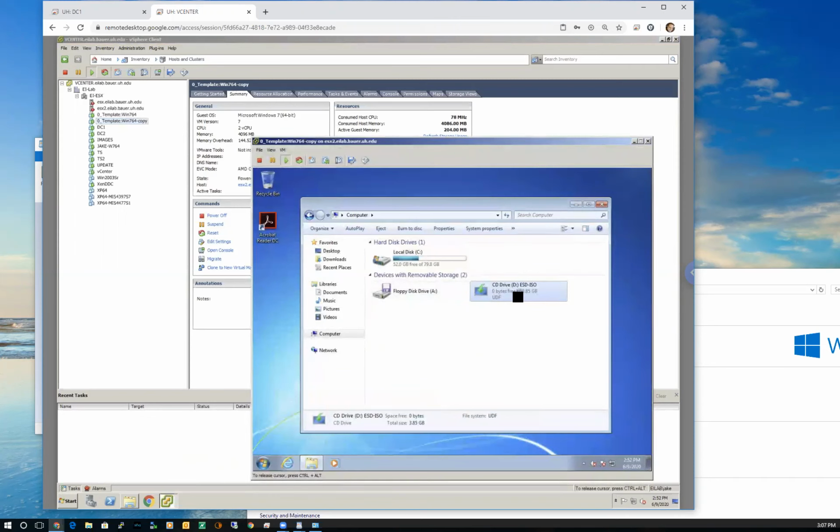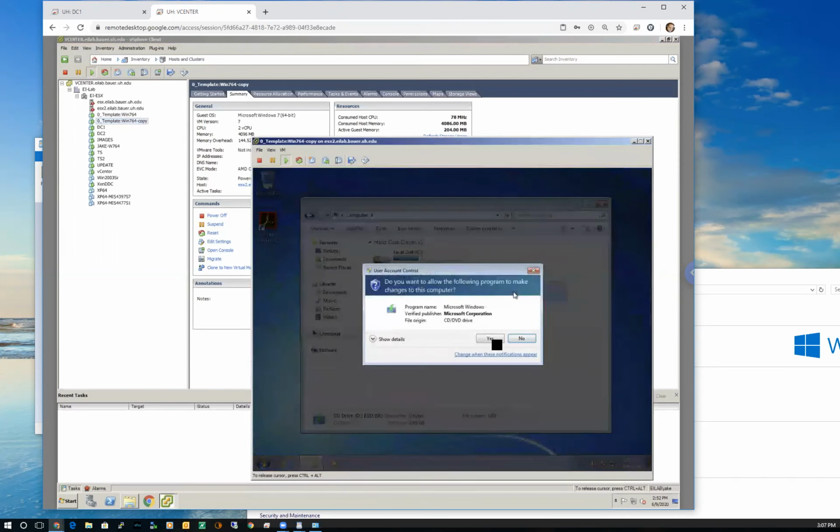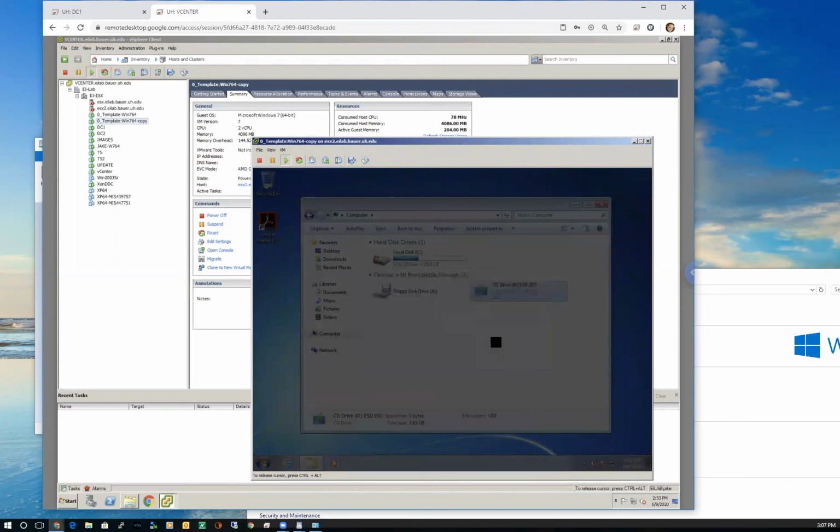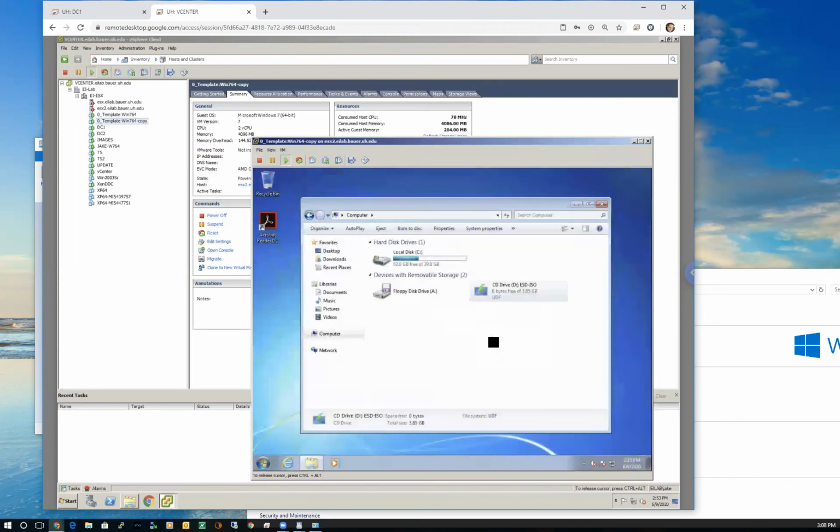You'll notice there's a little bit of lag with the mice there. That's just how that works when you're remote viewing a computer that's remote viewing another computer that's remote viewing a third computer. I should not need a license key because I'm here at U of H and we have location licensing or volume licensing. Also, when you upgrade from Windows 7 to Windows 10, you don't need a new license number. You can use the old.